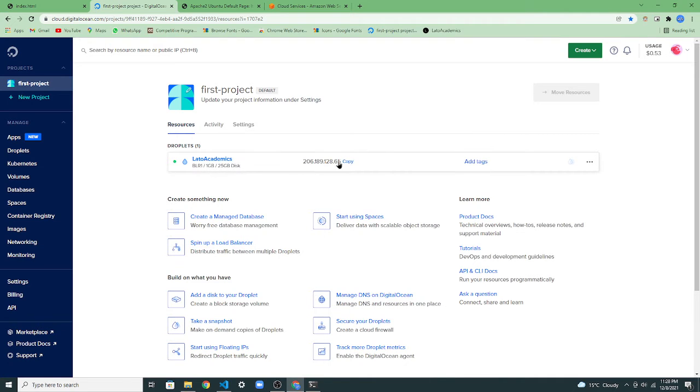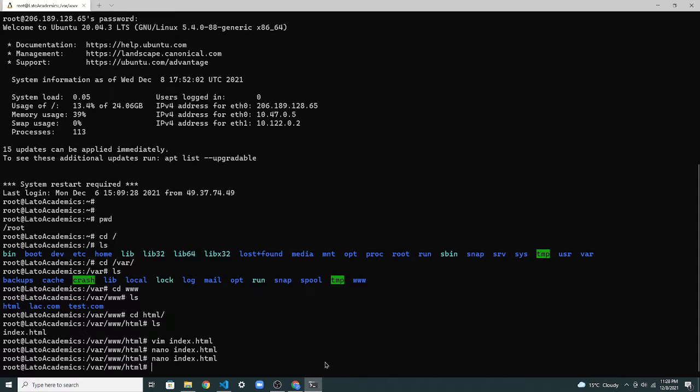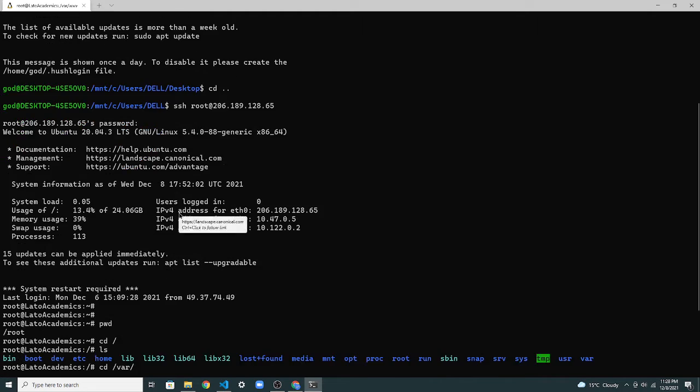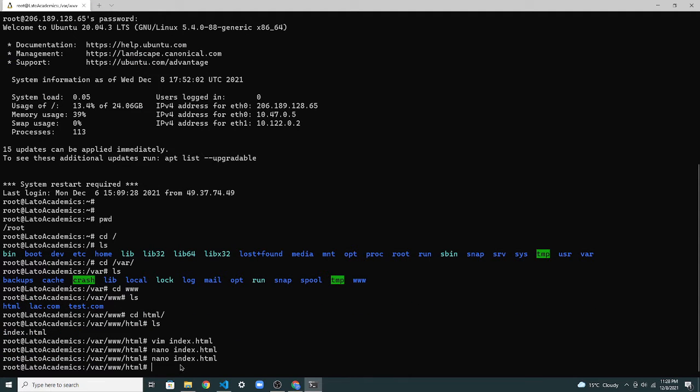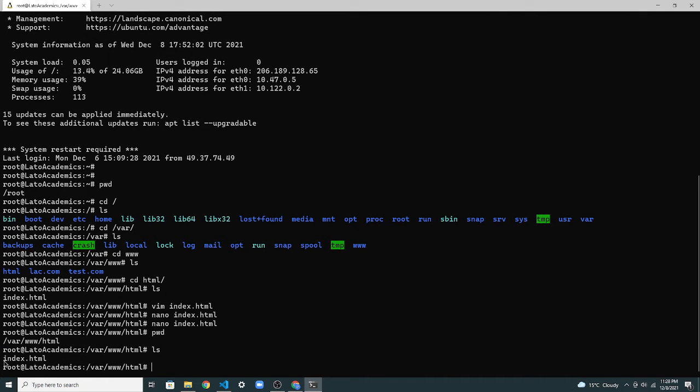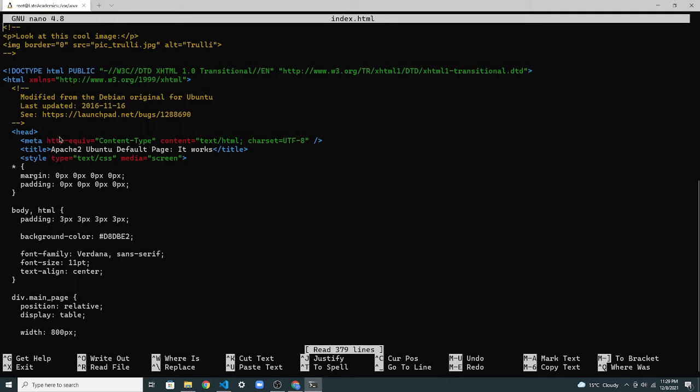First of all, I have the IP. Let's SSH. We SSH to this particular IP address with the root user. If we go here, we are in this directory. From the root we change the directory to this. This file is being broadcasted. If we go into this file, you can see this file is broadcasted to this